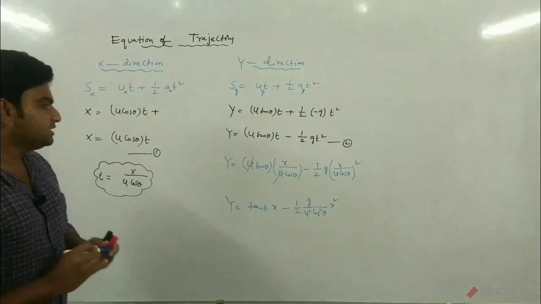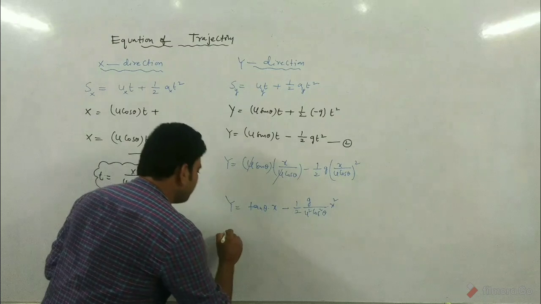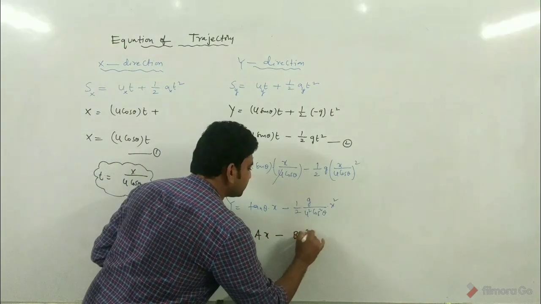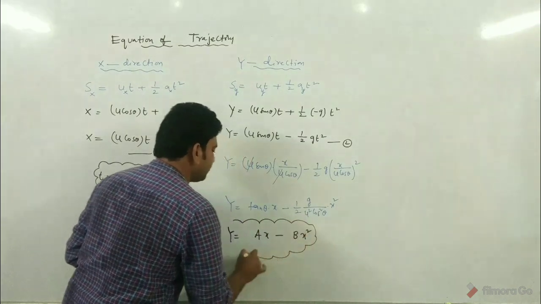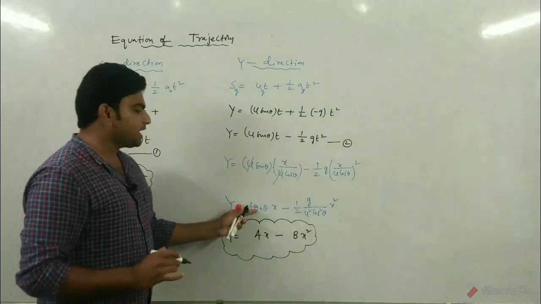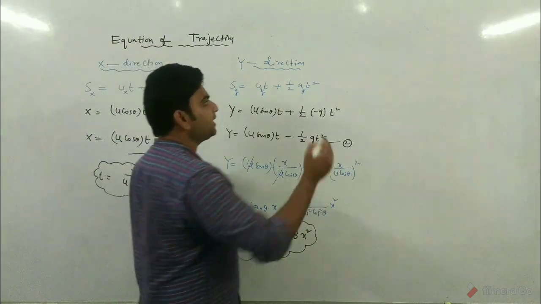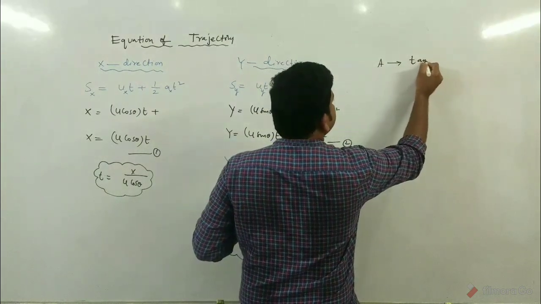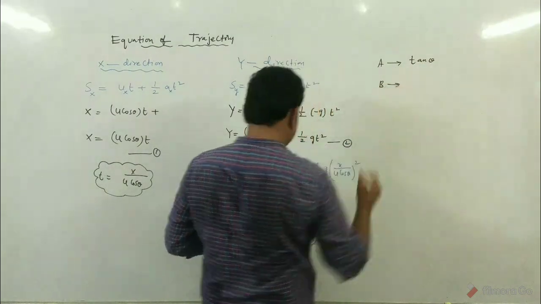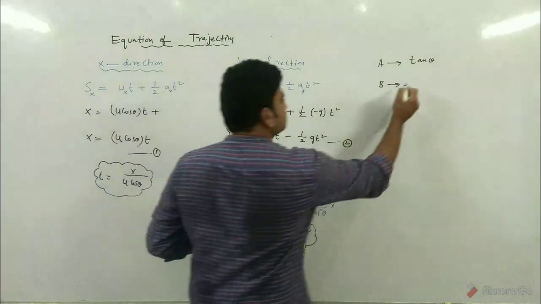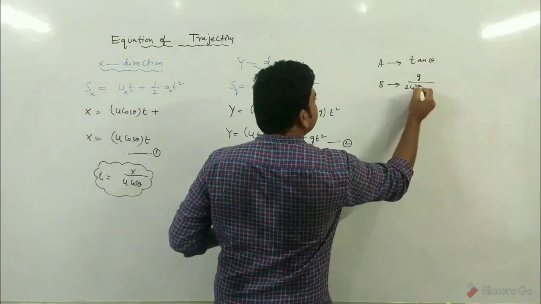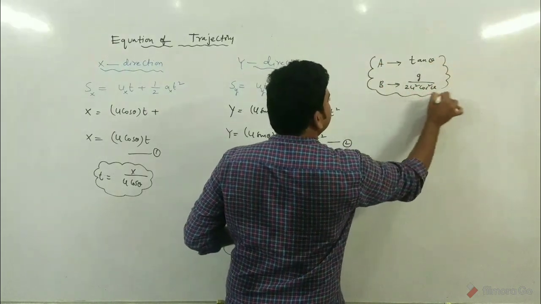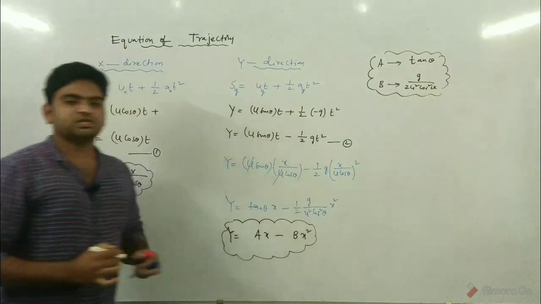Now you can see here, this is like y equals ax minus bx square. This is in this format. Here, what is the a value? From here the a value is tan theta, and the b value is this value. I am writing it for your understanding. Here my a value is tan theta and the b value is g by 2 u square cos square theta. So this is called the equation of trajectory.